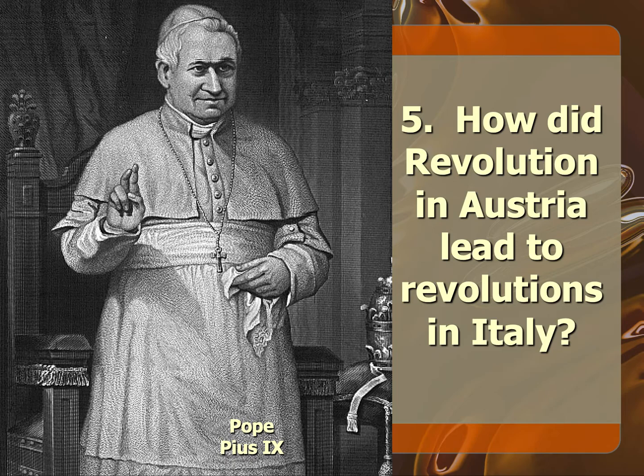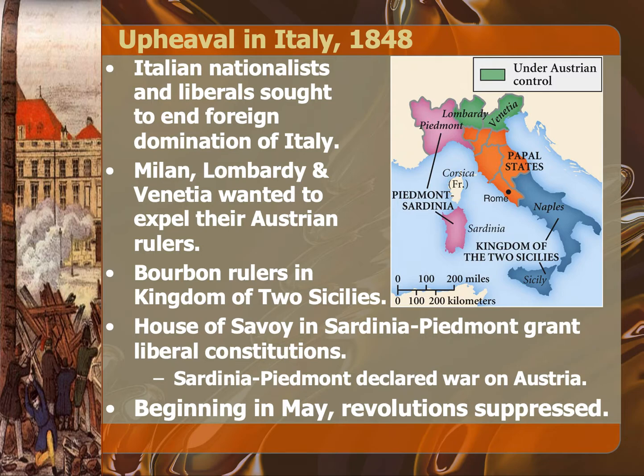So how did the revolution in Austria lead to revolutions in Italy? So now Italy is another example of revolutions that had differing objectives. So first off, we have in Italy Italian nationalists and liberals that were seeking to end foreign domination of